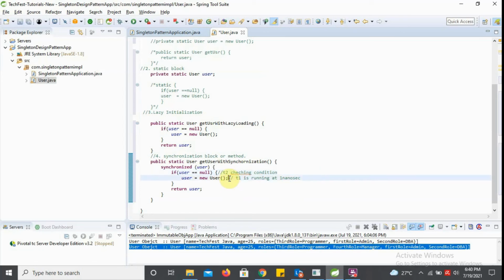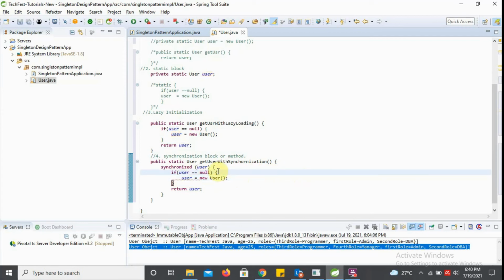Before it gets executed by T1, T2 has already checked that condition and found that user itself is null. So T1 and T2 both threads can execute this line and create a user object twice by two threads. To avoid such a condition,